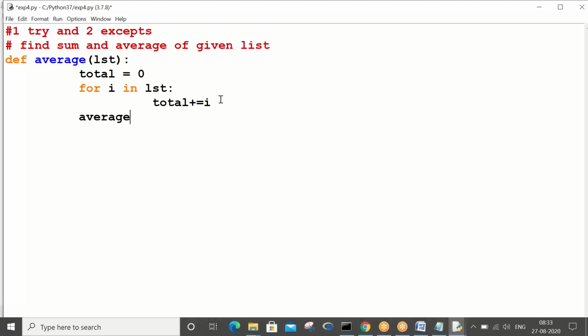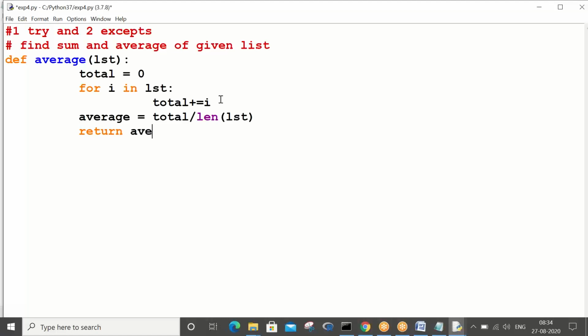Now average is equal to how much, tell me? Total divided by length of your list. Am I right or wrong? Total divided by the length of your lst. Total number of elements, sum total by number of elements, that gives the average. I hope you are getting it, right? So now what do you have to return to the program?